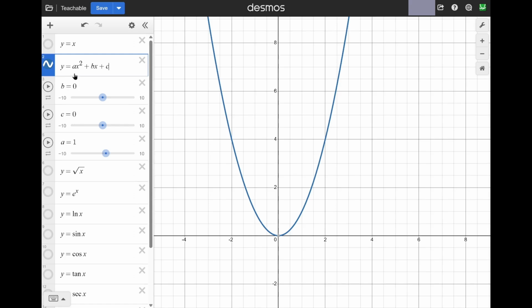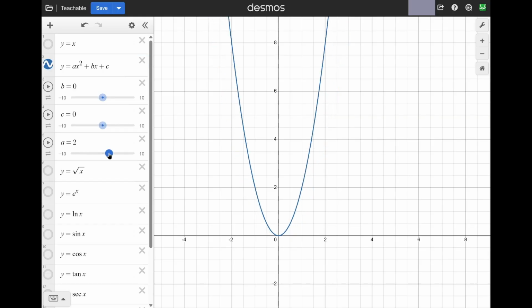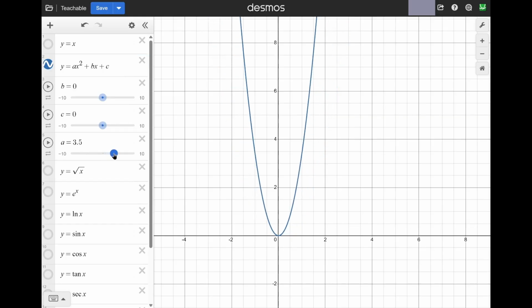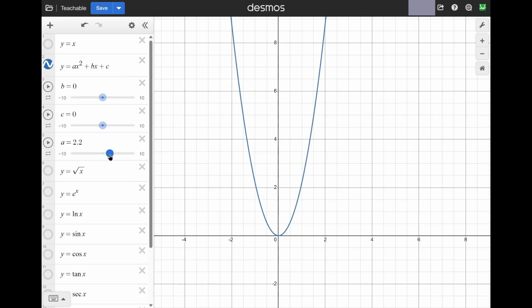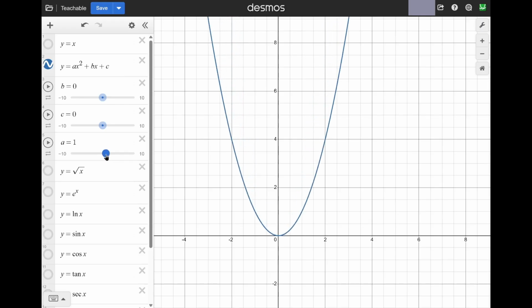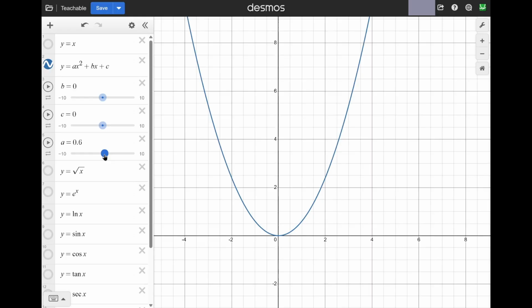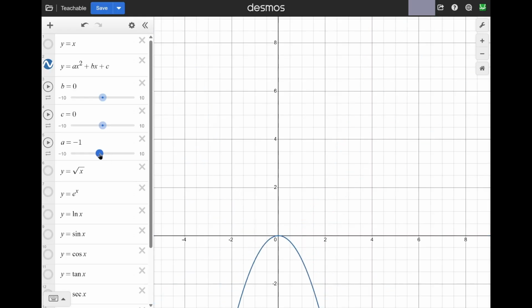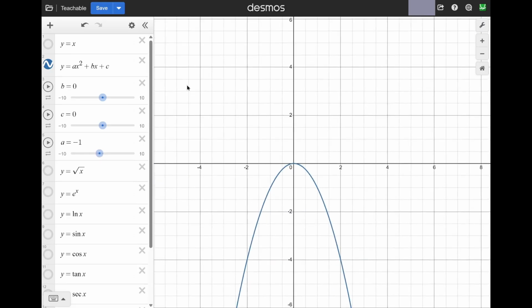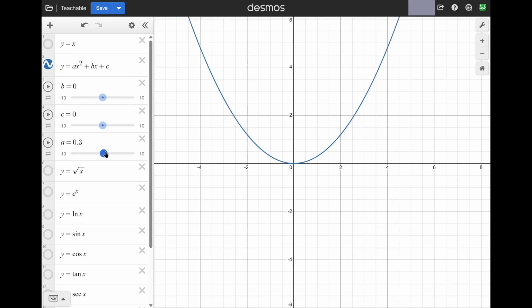And so these extra numbers here, a, b, and c, represent different things that can change how the function reacts. So right now, a equals 1. If we were to increase a, our line would get steeper and steeper and steeper. If we were to decrease a, it would get wider and wider and wider. And if we let a become less than 0, it becomes an upside down line. So if I put this back to 1,